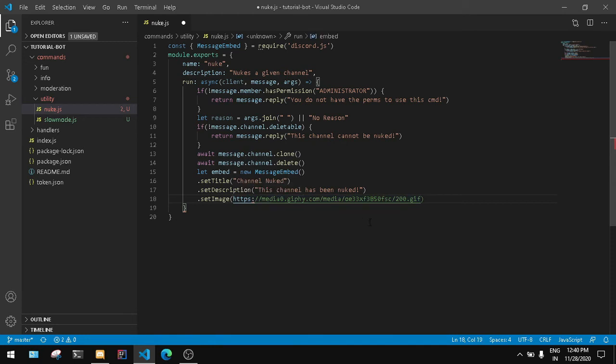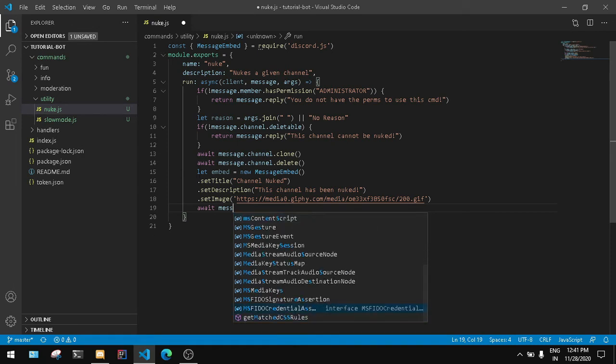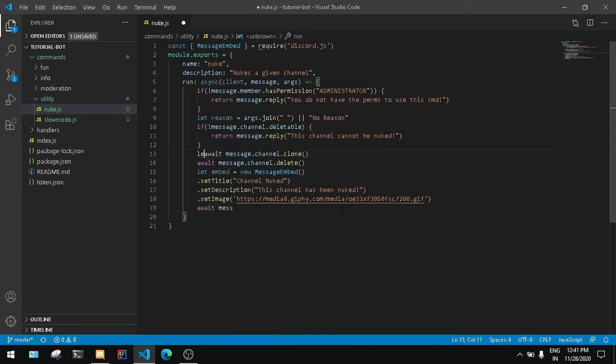Okay, and then we're gonna simply send this embed to the newly made channel. So first we're gonna have to define that newly made channel as something. So we define it as let newChannel equals await message.channel.clone, and in that channel we'll simply send that embed,